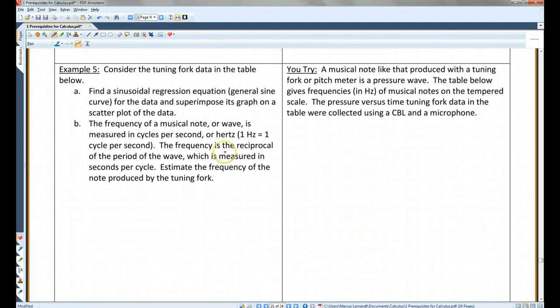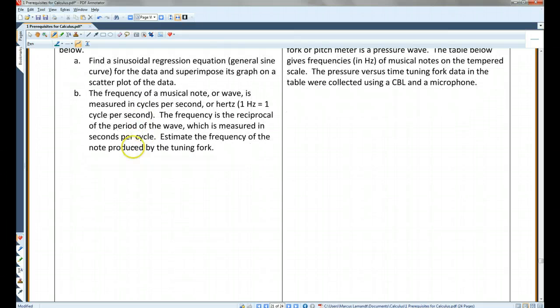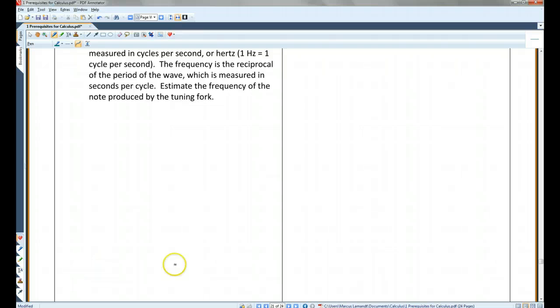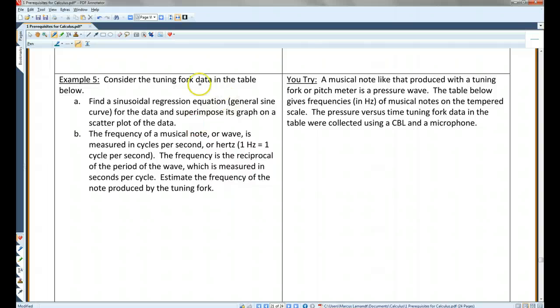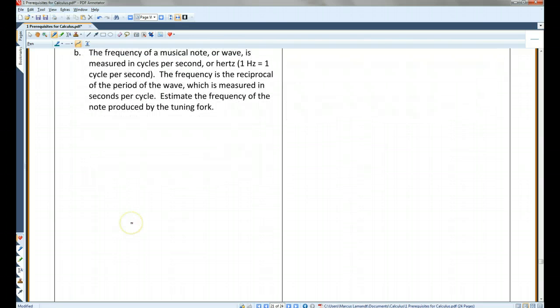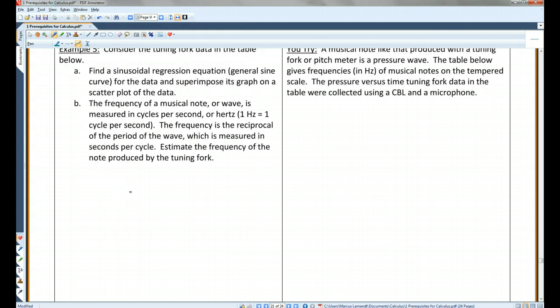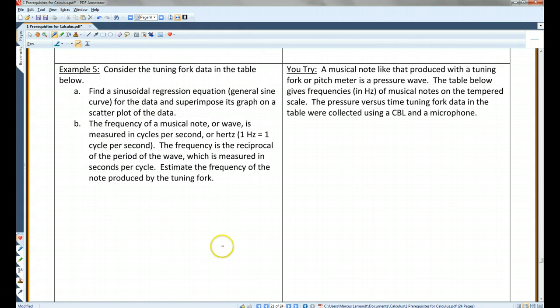Alright, example 5. This particular example was supposed to come with a table, and I completely forgot to scan the table in there. It says, consider the tuning fork data in the table below, that's not there. Find a sinusoidal regression equation, general sine curve, for the data, and superimpose its graph on the scatter plot of the data. Okay, so in this case, what you would do is plug it into your calculator the same way we did the other two tables, and then make a scatter plot. And then you would figure out the best fit equation. In this case, you would use a sine equation